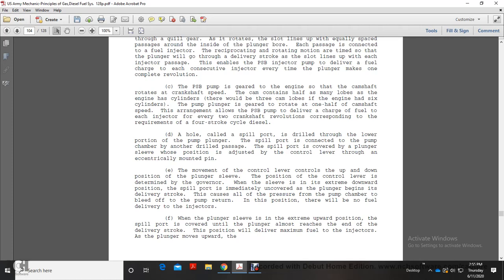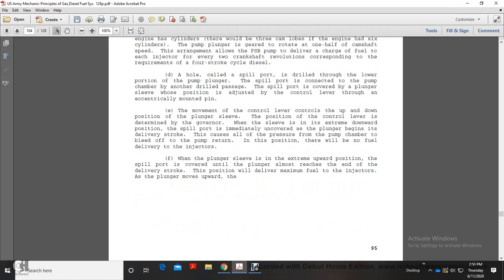diesel. A hole called the spill port is drilled in the lower portion of the pump plunger. The spill port is connected to the pump chamber with another drilled passage past the spill port, covered with a plunger sleeve whose position is adjusted with the control lever through an eccentrically mounted pin. The movement of the control lever controls the up and down position of the plunger sleeve. The position of the control lever is determined by the governor. When the sleeve is in its extreme downward position,